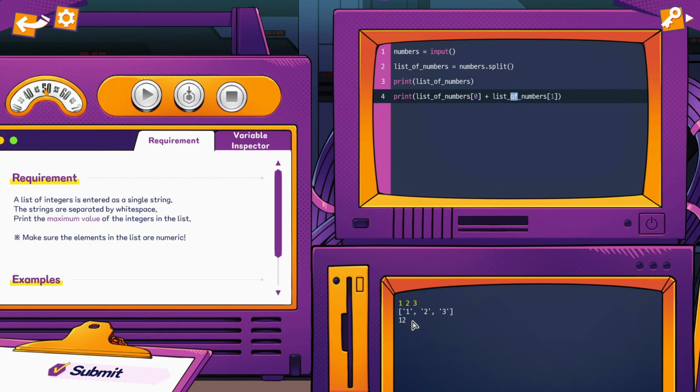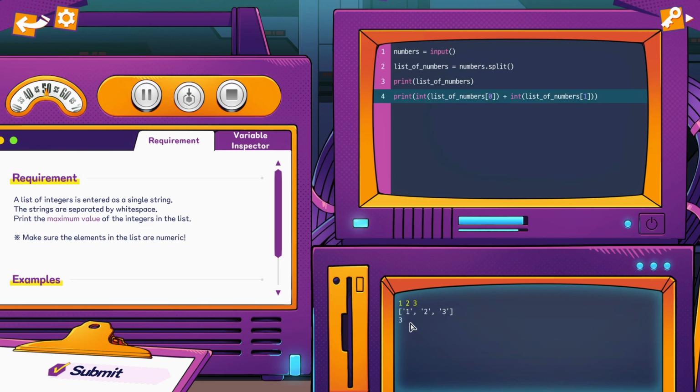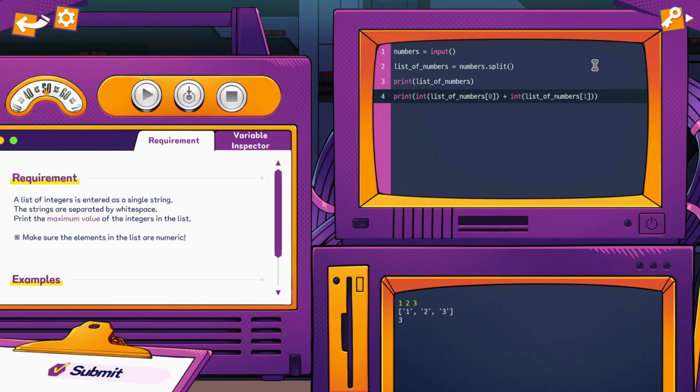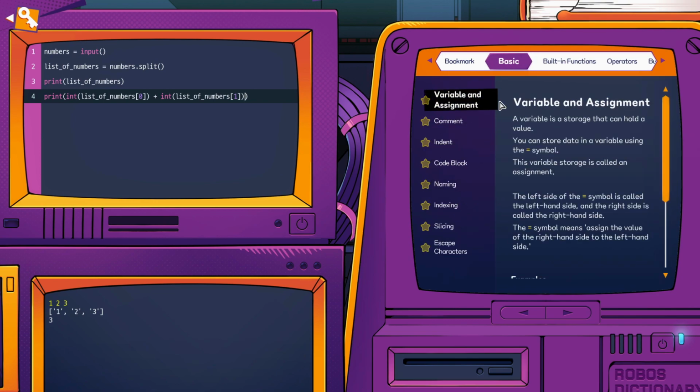But I want the maximum of the list, and I want to change that. So for example, I can say, okay, int list of numbers 0 plus int list of numbers 1. And this will add the first element and the second element, so the number will be equal to 3. Okay, this is working. Now I want the maximum